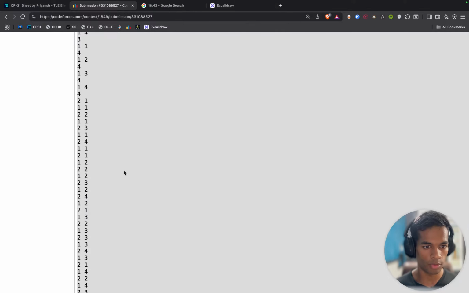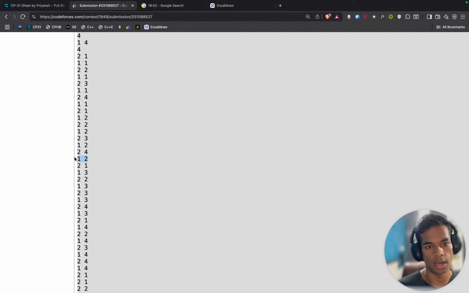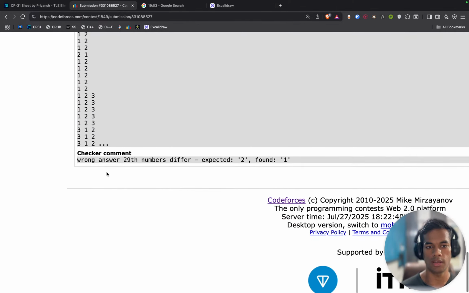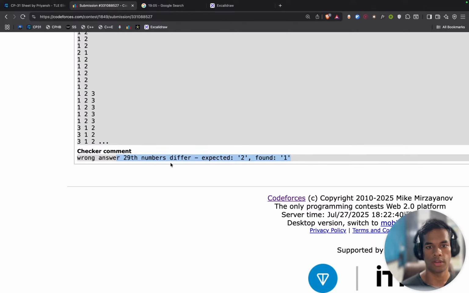So no surprise there. And for this one again the output would be 2, 2, 1. And for this one the output again would be 2, 1, and for this one the output would be 1, 2. But I am getting a wrong answer only for 29. Why is that? 29 wrong answer.